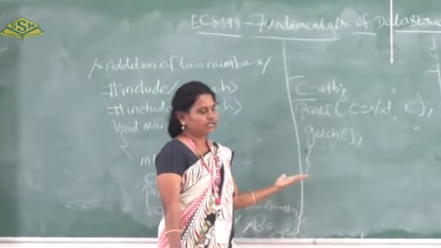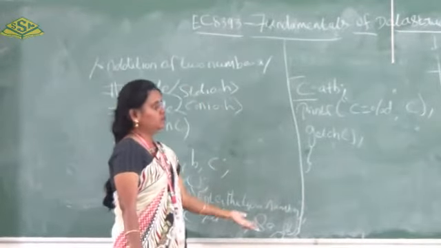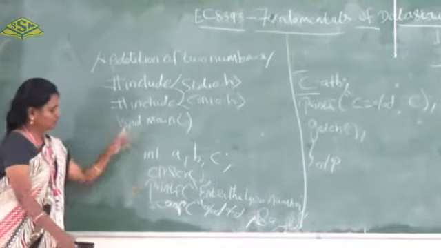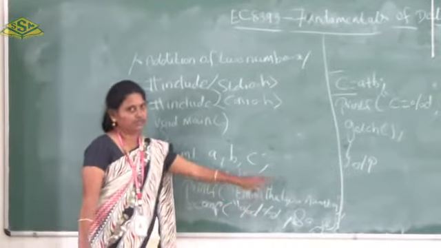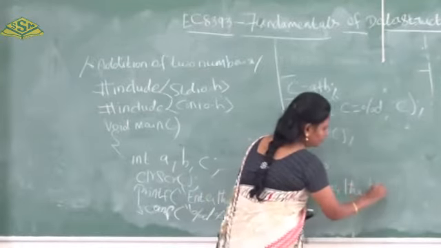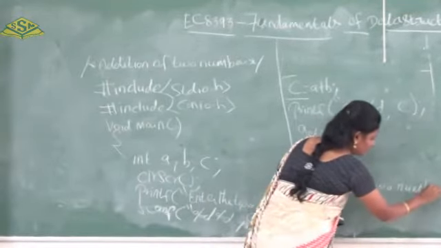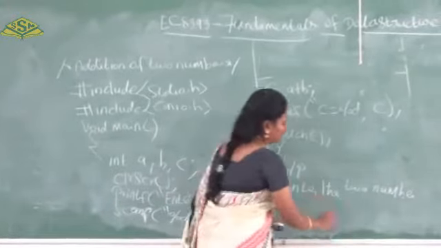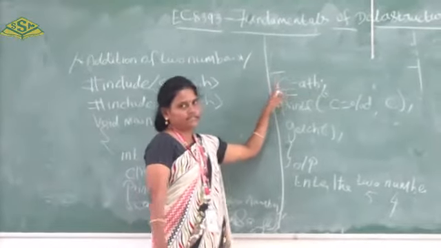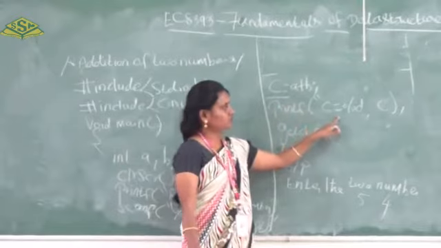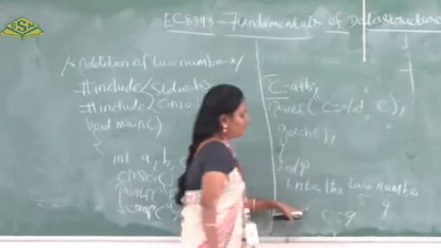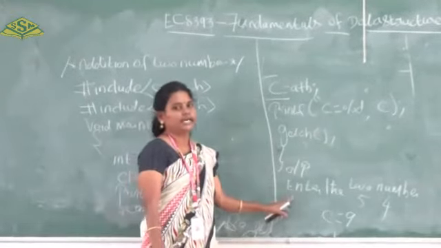Then we have to compile this program. If we are not having any errors, we run the program. In this we will get the output; the first statement will print "enter the two numbers". So we can give any two values. I am giving 5 and 4. After that, when the statements are executed, at last it will calculate the value of C. So C is equal to 5 plus 4, 9. Finally we will get the answer as C is equal to 9.